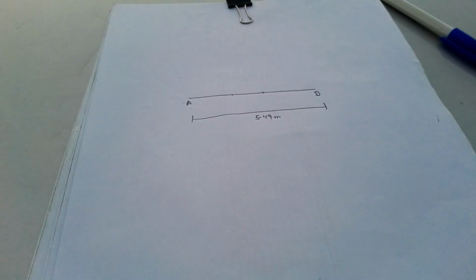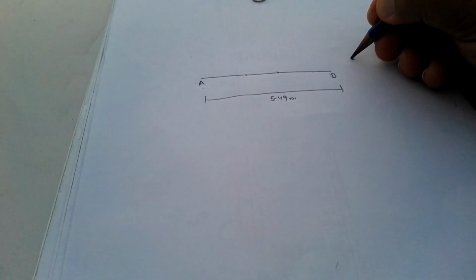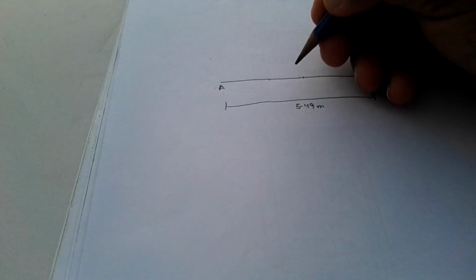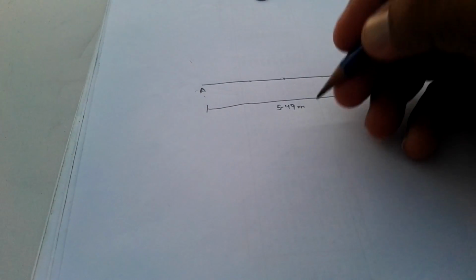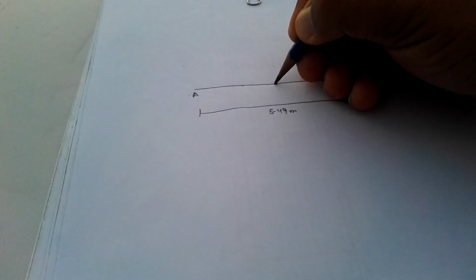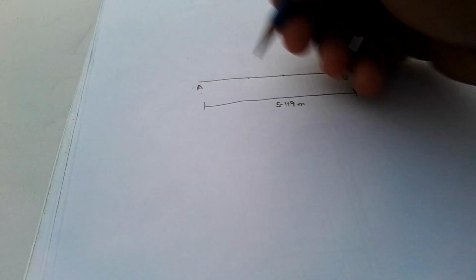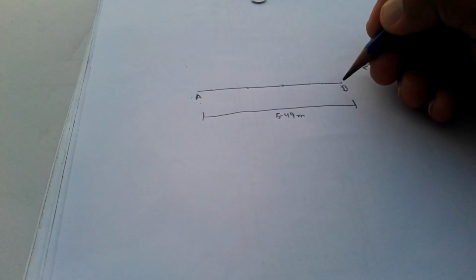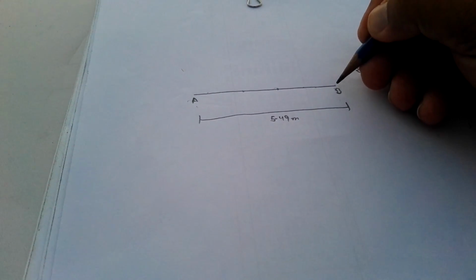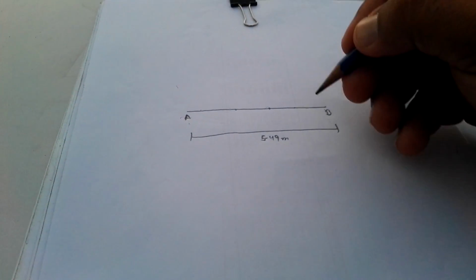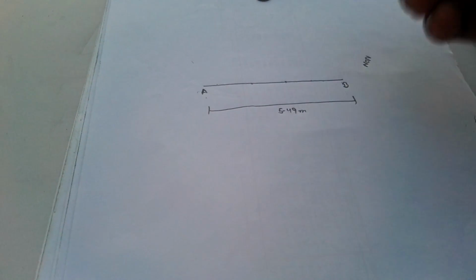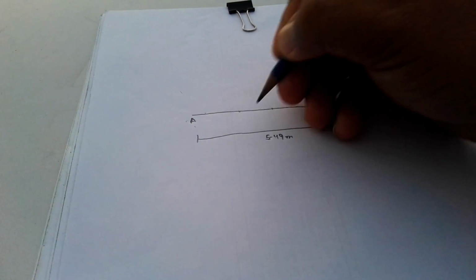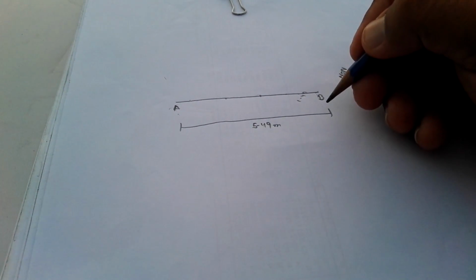So for example, if I use the first option, which is called none, it means I can divide this line and make whatever segments I require. For example, if I need each segment 1 meter, I can make it each 1 meter, so on the last point only 0.49 meter remains. If I use the second option, for example each segment distance is 1 meter, then my first segment is 1.49 and then all the others are 1 meter.